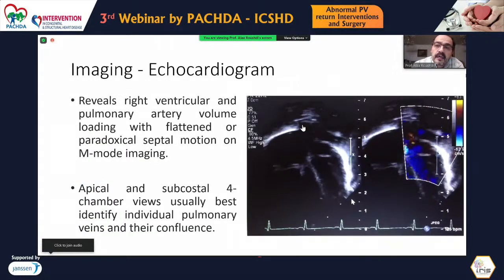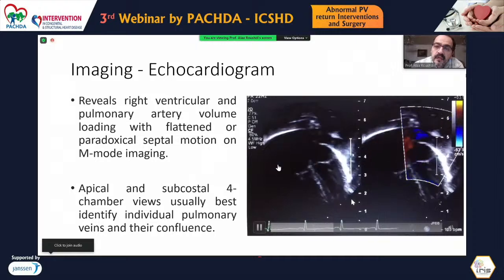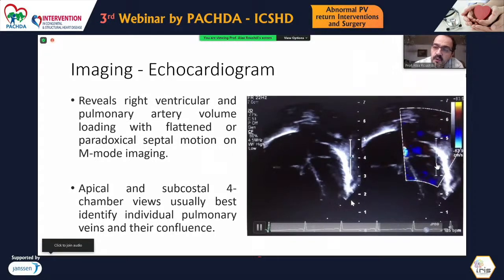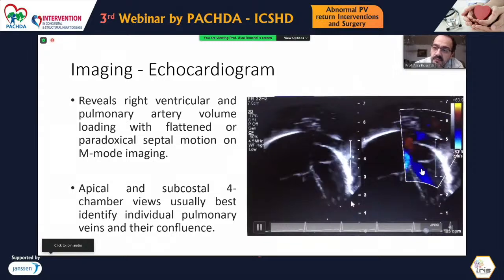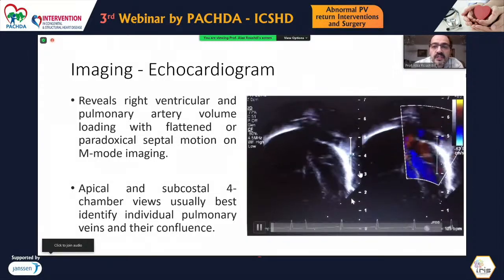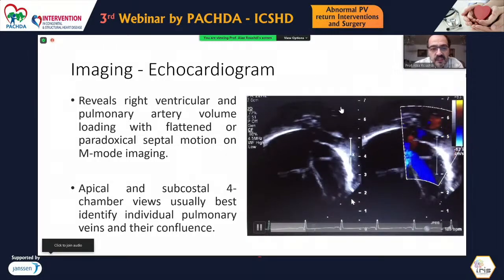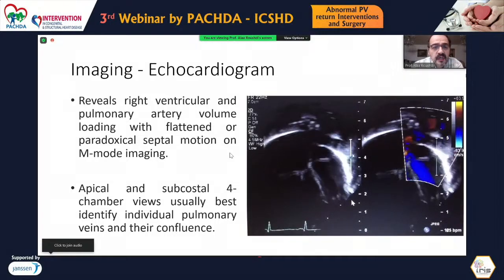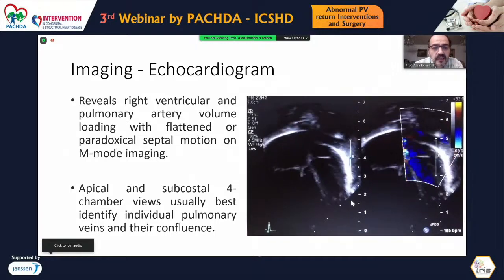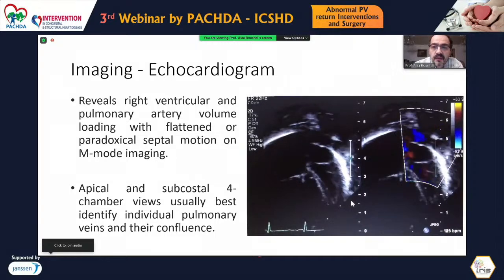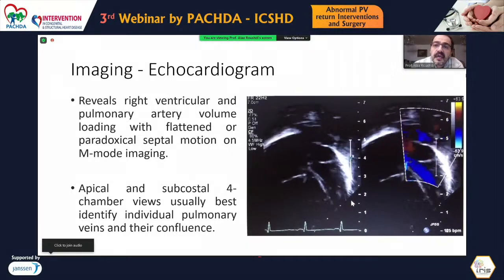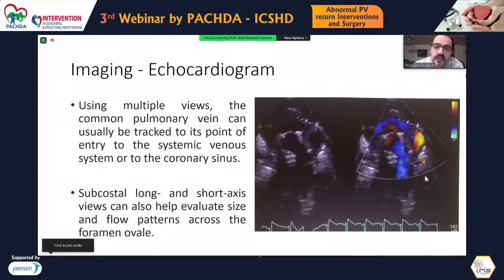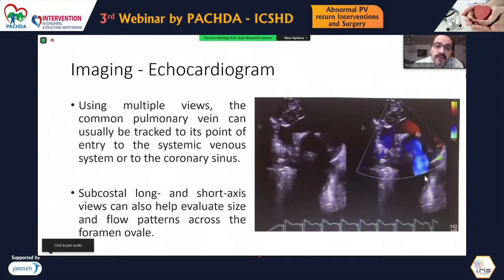Here is a classic picture of a markedly dilated right-sided structure with a rather small left atrial chamber and left ventricle, which is very pathognomonic of any type of total anomalous pulmonary venous connection. The apical and subcostal 4-chamber view usually best identifies the individual pulmonary veins. And then using multiple views, the common pulmonary vein can usually be tracked to its point of entry to the